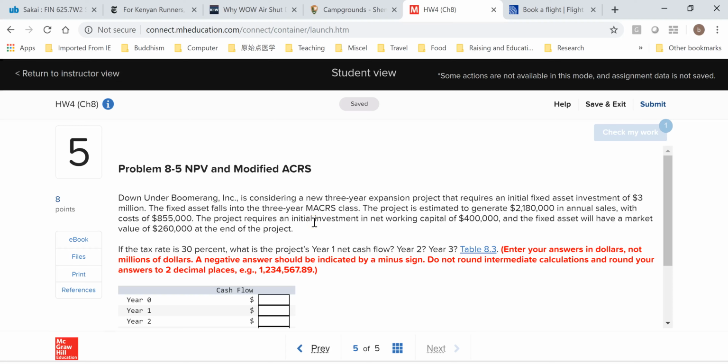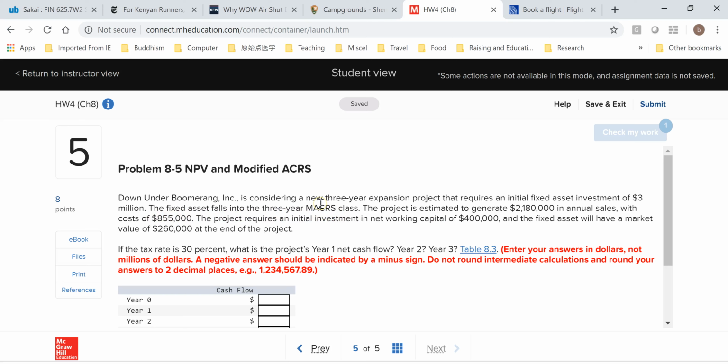This is question number 5 of homework 4 for chapter 8, problem 8-5. Down under Boomerang Incorporation is considering a new 3-year expansion project that requires an initial fixed asset investment of $3 million. The fixed asset falls into the 3-year MACRS